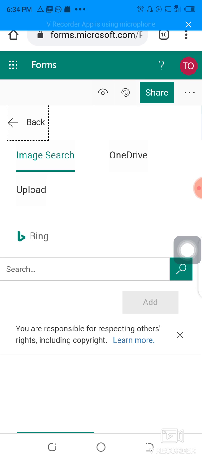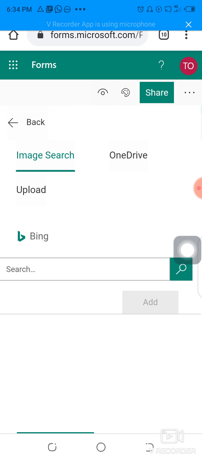It's asking me if I want to search online or check my OneDrive, or I want to upload. So image search, OneDrive, upload. We click upload because we want to pick it from